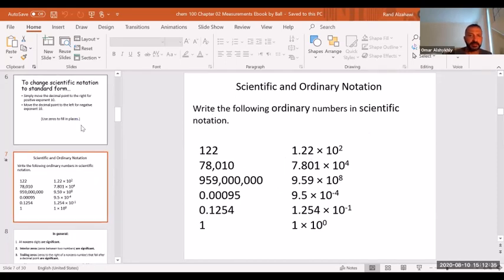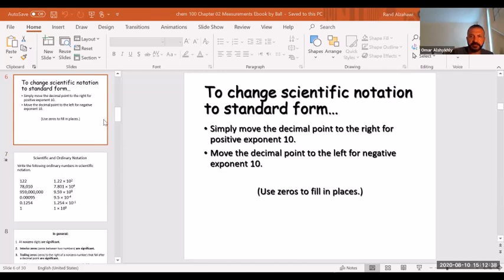Okay, sorry, here is an example. Let me give you an example. Let's say we have, for example, 5.2 times 10 to the power 3. Put 5.2. Now, look here. Move the decimal point to the right if the exponent is positive. The exponent number is positive, so here I will move it to the right. 1, 2, 3, and fill in with 0. So the number will be